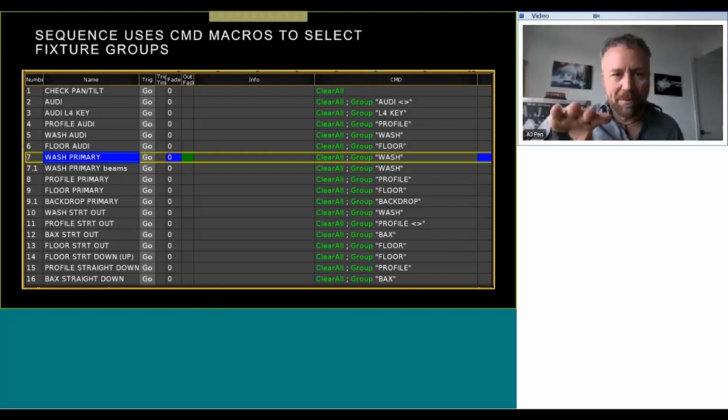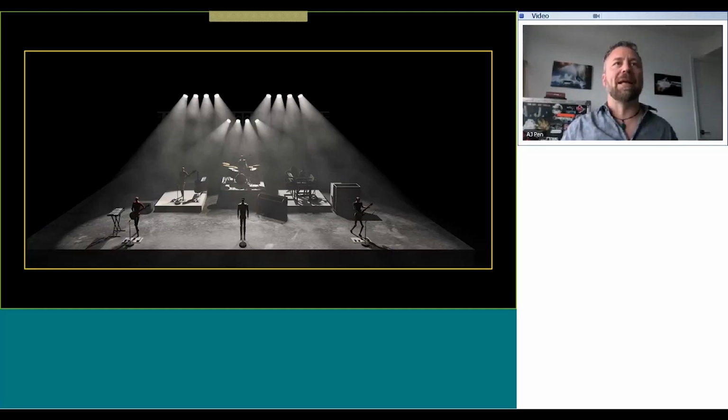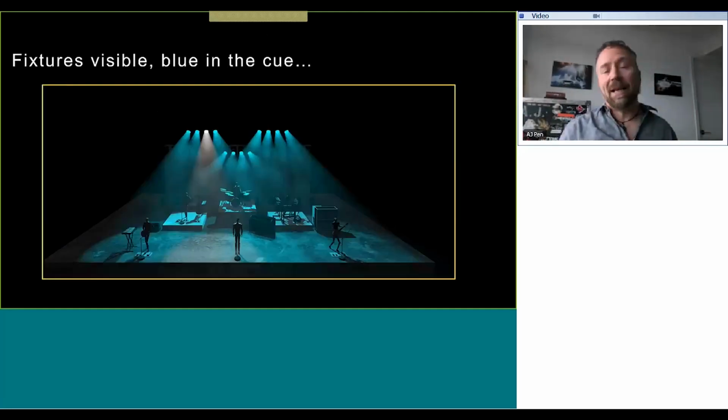The command column on it allows you to run some command line cues. So each one of these cues in the focus sequence clears the programmer and selects the lights that you're about to focus. So if you have highlight on, for instance, it'll grab all your lights and throw them in white. You can hit next, next, next. The cue itself has those particular lights in the position that you want to update on and in blue. And you can make that anything you want. It just gives you that in context. This is what it's supposed to look like.